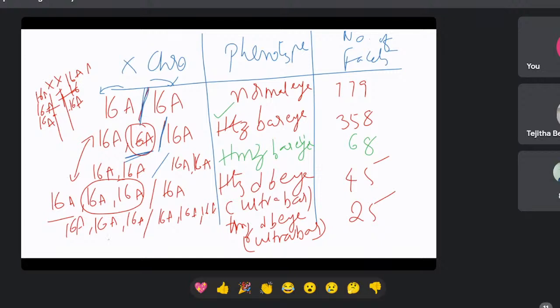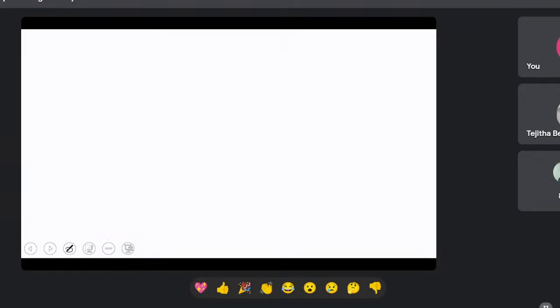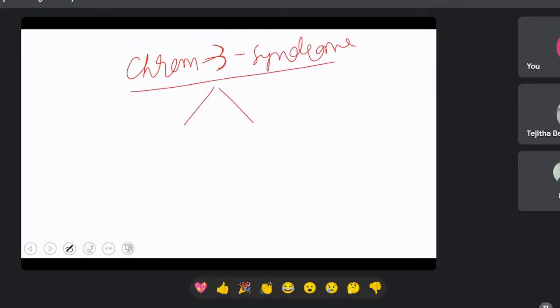Okay, the next example for duplication is chromosome 3 syndrome. Here, the same chromosome undergoes deletion also, the same chromosome undergoes duplication also, and hence scientists call this chromosome